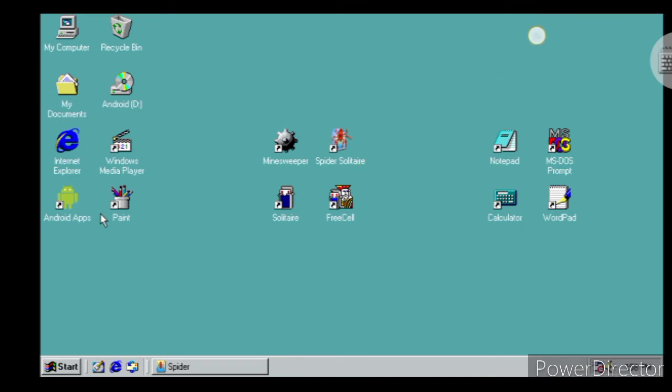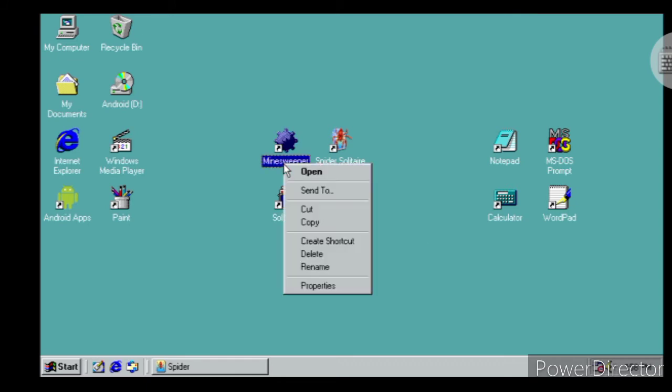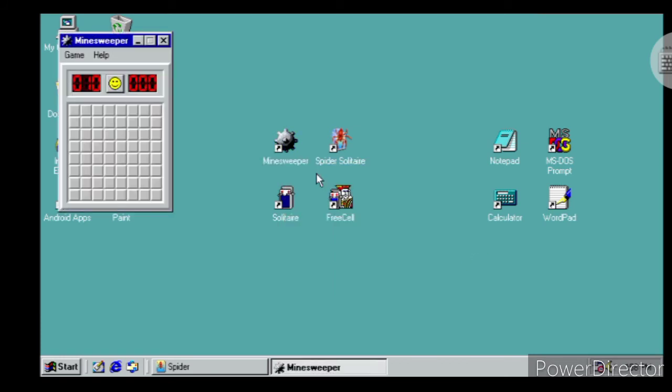And friends, to open this app or any app, you need to click the volume button. I put the arrow mark on the app and I press the volume button. Now this app will open. Create shortcut, delete. If you want to delete this app from your PC, you can delete from this button. I want to open this, then press open.